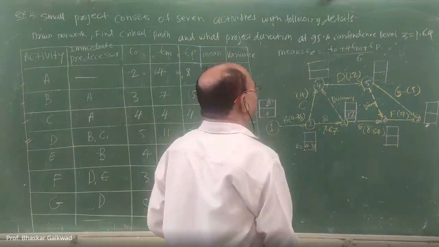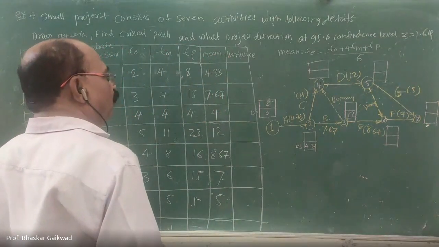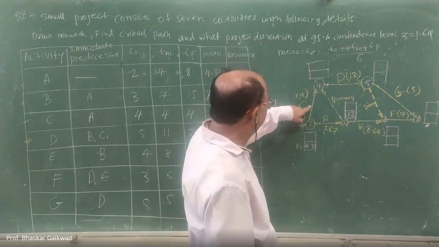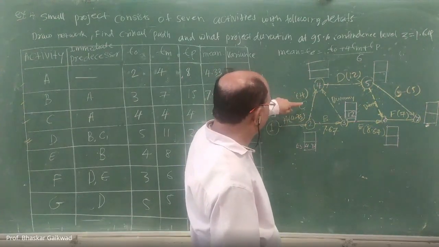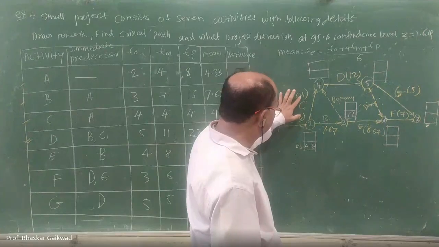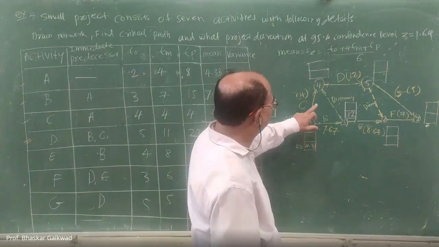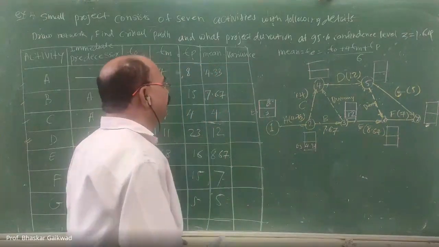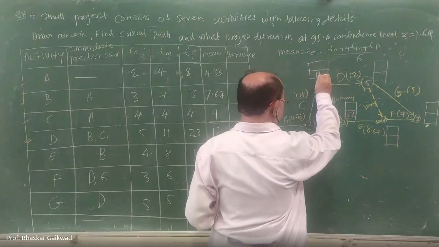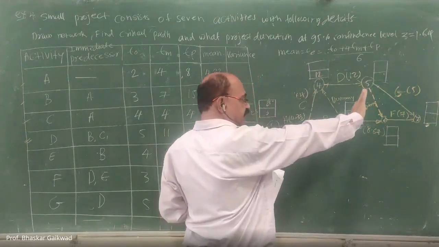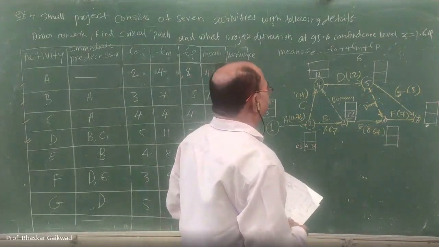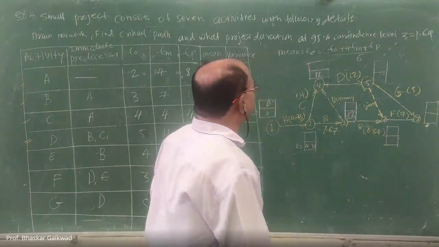So 3 is worse than 4. 4 has 2 activities. So this is the dummy activity and this is activity C. Correct. So here 4 plus 13, which is the maximum that you have taken. 4 plus 4, 8.33. But here is the 12. So which is the maximum here? 12 is the maximum. So this you have to write here, maximum. While going this side, you consider maximum; while coming back, you have to consider minimum. This side plus, this side minus.